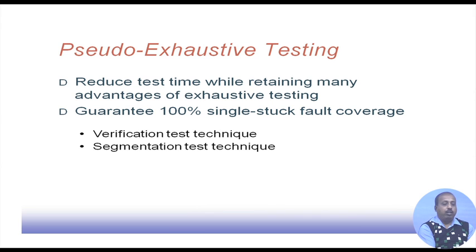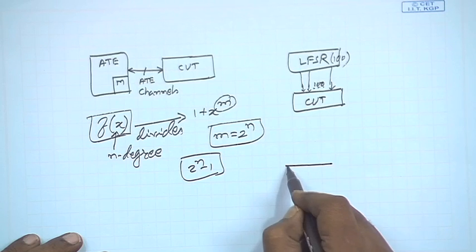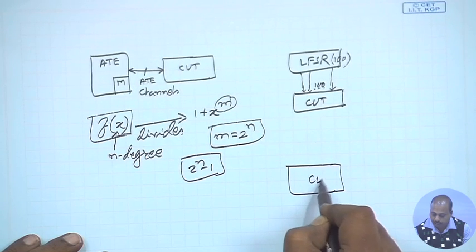Another modification to exhaustive testing is pseudo exhaustive testing. Pseudo exhaustive testing tries to reduce test time while retaining many advantages of exhaustive testing. It guarantees 100% stuck-at fault coverage. Basically, what we are trying to do is, if this is the circuit